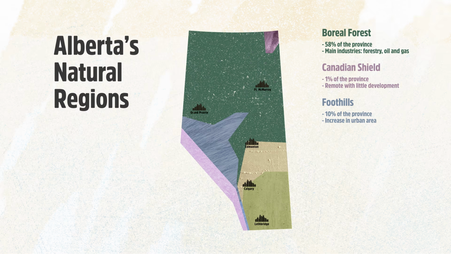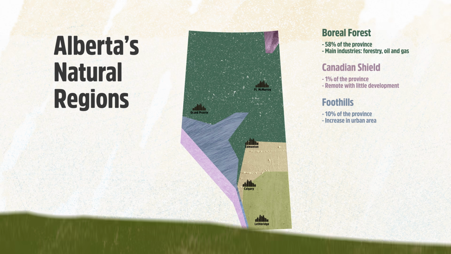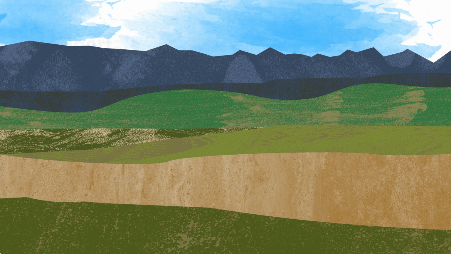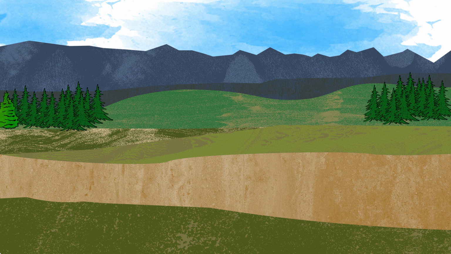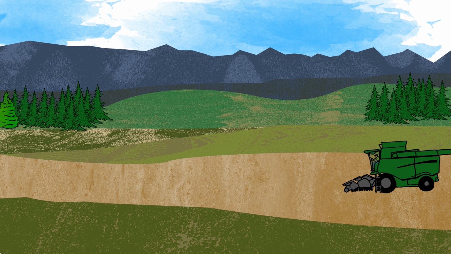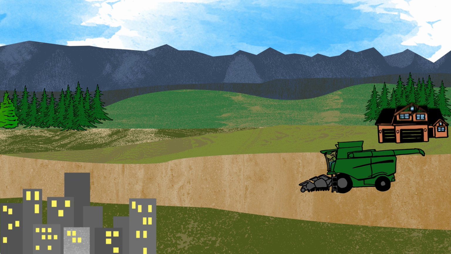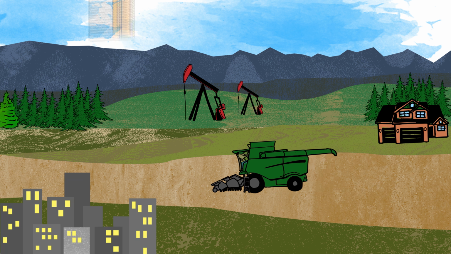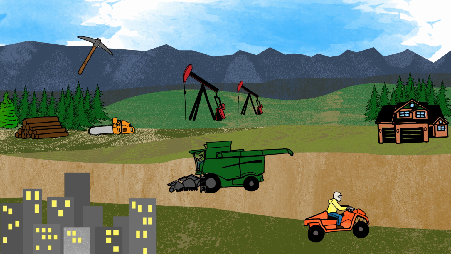The Foothills region is a transition area between the Rocky Mountain region and other regions and is often referred to as the Eastern Slopes. It covers 10% of Alberta and is characterized by rolling topography. Mixed forests of lodgepole pine, white spruce, aspen, and balsam poplar can be found here. This region has seen an increase in urban area, rural residential acreages, oil and gas activity, forestry, recreation, mining, and